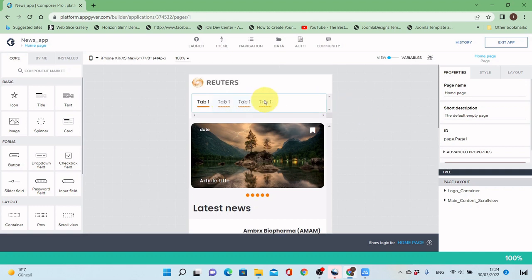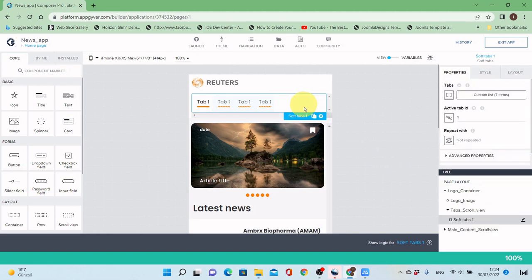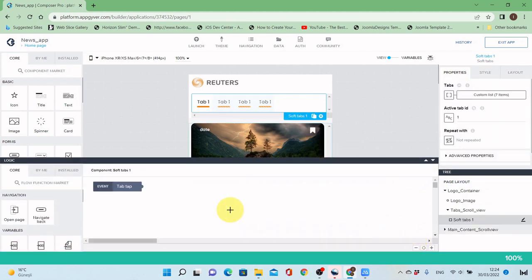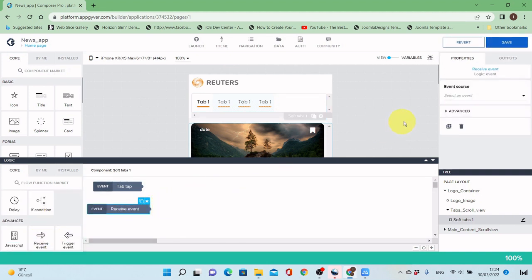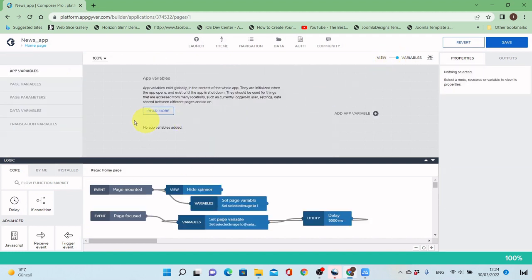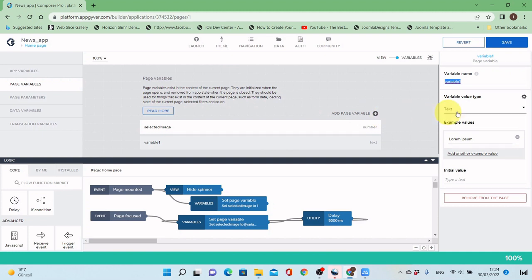Now I want to use these tabs, so when the user presses one of these tabs, the category of news should be limited to the selected tab. So as we did before in the soft tabs tutorial, we will get the pressed tab ID by adding a page variable, which will be